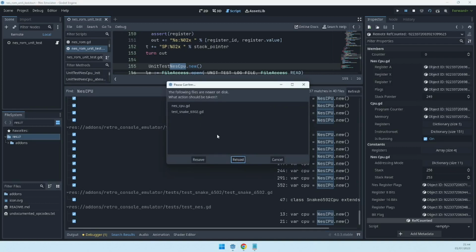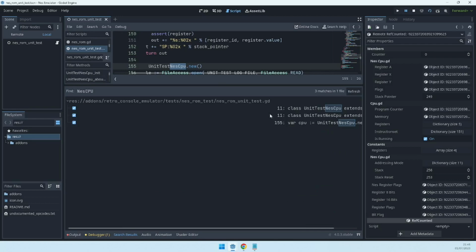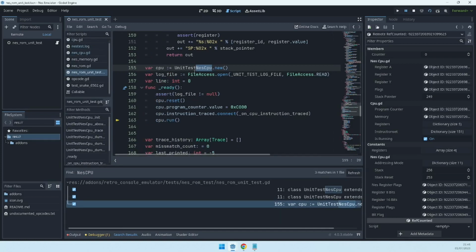Replace all. Reload. And now we have all of this gone, and now we only have the room test. They should no longer be named NES CPU. This one should be named... Yeah, all on the same file. So